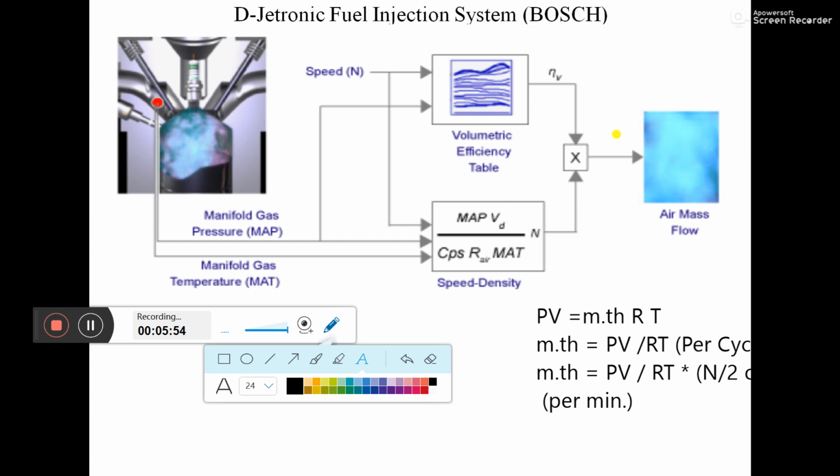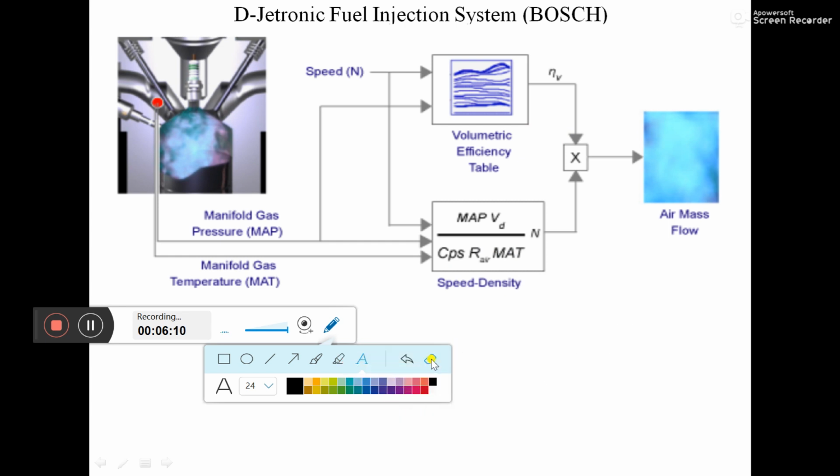Now volumetric efficiency has a formula like this. Volumetric efficiency